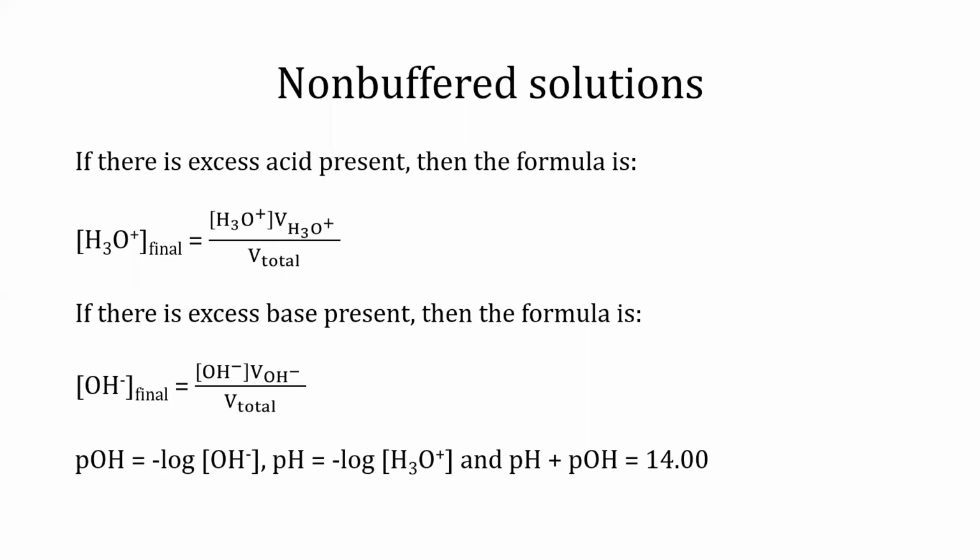When calculating the pH of a non-buffer solution, water with either the addition of excess acid or base, use the formulas below to calculate the final molarity of both H3O+ and OH-. Afterwards, solve for the pH of each solution by taking the negative log of H3O+ or alternative equations to eventually get the pH of the solution by the addition of H3O+ or OH- solution in water.